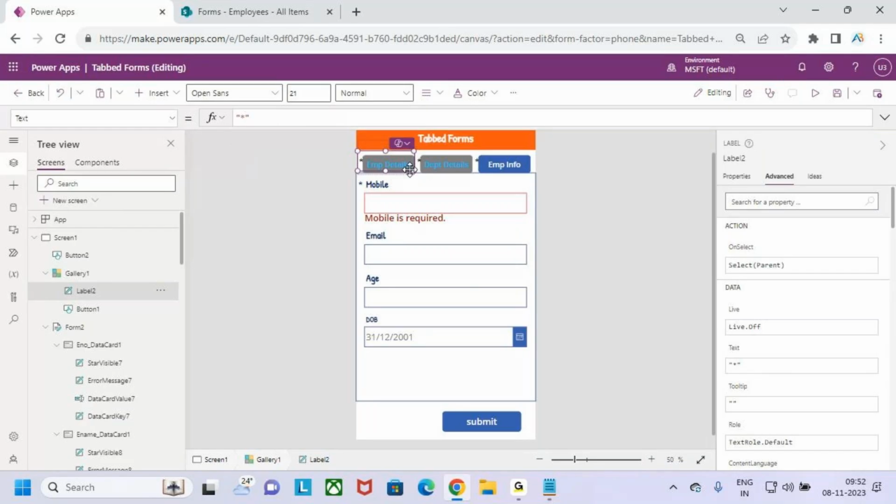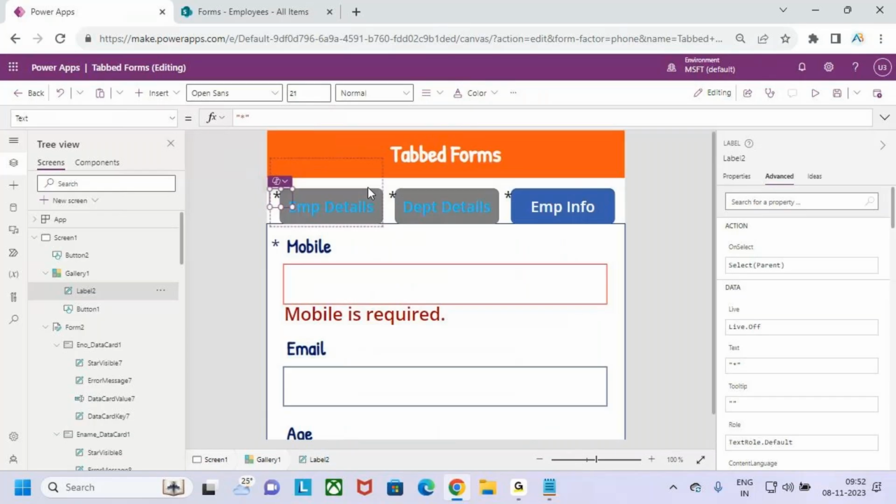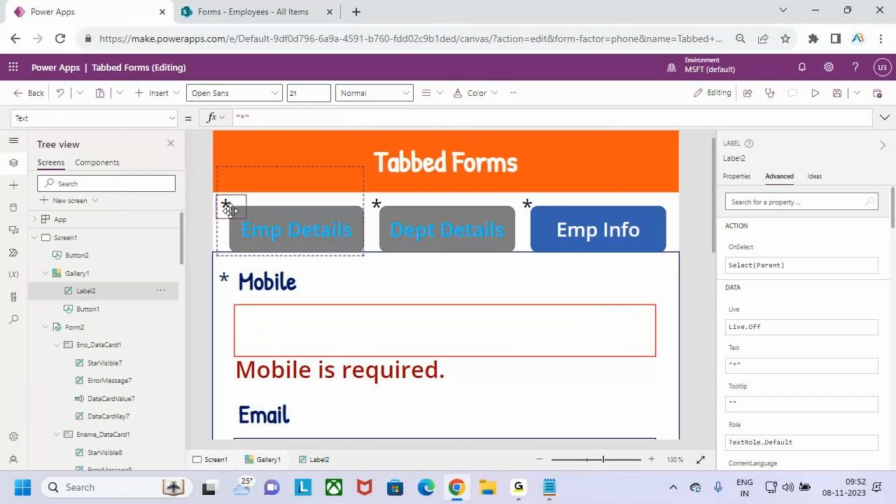Now just reduce the size of it. Also bring it somewhat. Keep it here. Let me align it properly. Let me keep it like this, guys. I want to keep it like this. Now when I need to go under